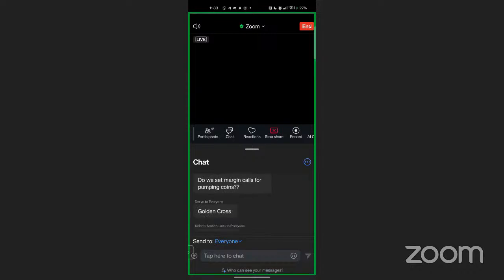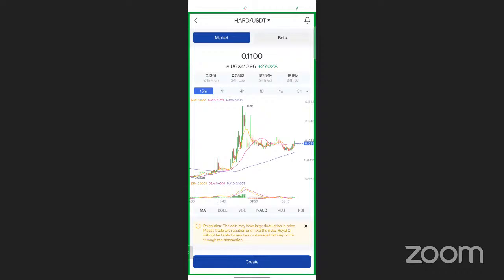If you can't handle pressure, do not trade pumping coins. Give me one in the chat if I'm clear. I've said you have $500. Sacrifice $100 and use it for that. Do not come with your $500 because the market structure can change. But once you are using this trick for crossover, you'll still be able to make money.